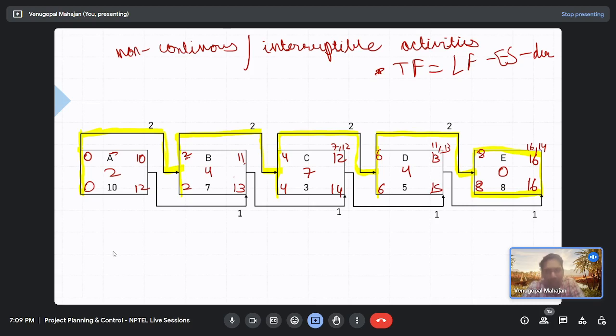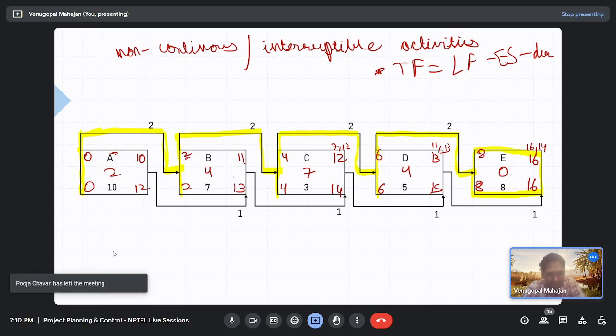Yes, sir. So what PDM is helping you with is that it is preparing you for more complex relationships, and those complex relationships are closer to what you see on site. Yet you will find that there are people who are not accepting PDM till now. There are people still worried or confused about splitting the activities. You are telling me that if the activities are split, my whole project duration will reduce, and I am very interested in reducing the whole project duration, right? Yes, sir. But the question is, how am I going to split the activity?